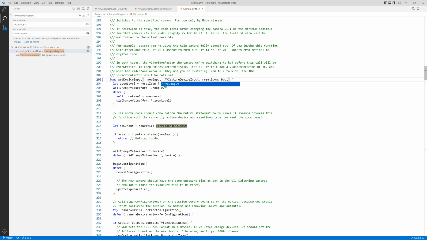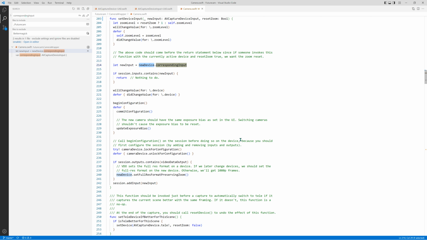Basically, if you step back far enough, both of these represent a camera. The device represents the camera, the input represents, well, again at a high level camera, but at a lower level an input which can be plugged into a session. So the session has inputs and outputs. If you think of the AV capture session as a box with arrows coming into it, those are the inputs, and it has arrows going out, which are the outputs. So anyway, this would be new input. And are we using new device anywhere here except for